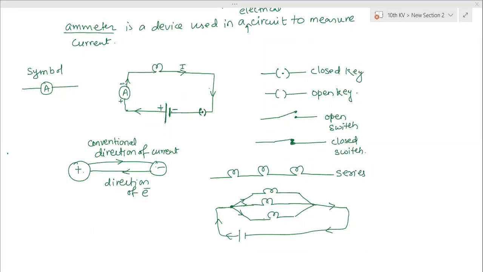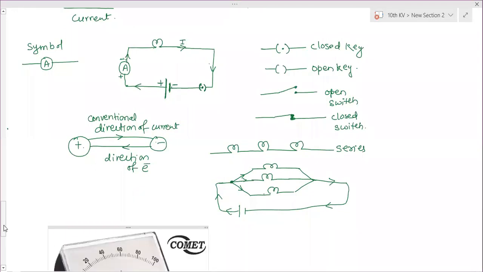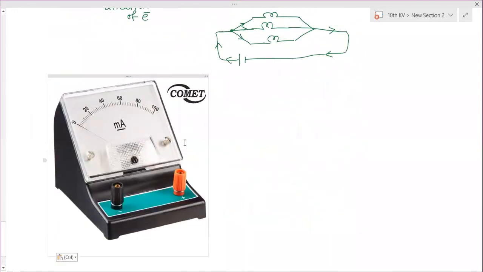So now, how does the ammeter look? The ammeter is a measuring device. So here, this is the device called an ammeter. This is a positive terminal. So whatever wire is coming from the positive terminal of the battery is connected to this knob. And the one wire which moves from this negative terminal will go to the battery's negative end. Okay.